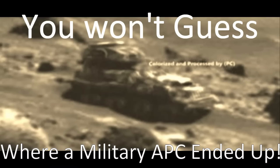Now, I don't really have that great of a library of all the APCs we've ever had, all the tractor trailer pieces we've ever had, and whether or not Lockheed Martin, Boeing, etc., and all the defense contractors haven't developed special weapons and special vehicles for special purpose assignments. And this looks like it's a tractor trailer of some sort on tank tracks with what may or may not be the front end of a Jeep or a Humvee. And you can openly see the glass here shimmering off. And anyways, ladies and gentlemen,